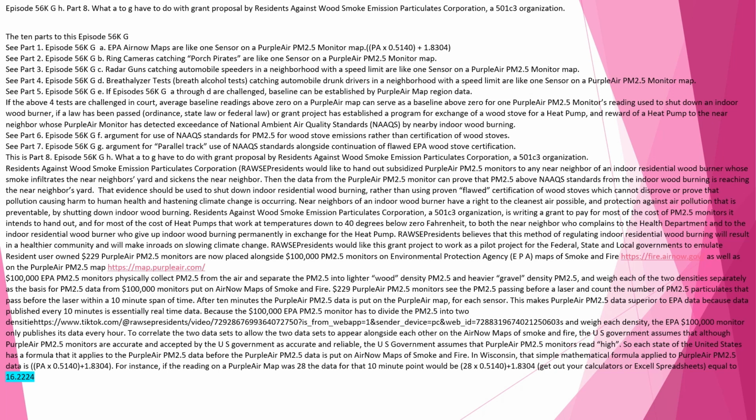$229 PurpleAir PM2.5 monitors see the PM2.5 passing before a laser and count the number of PM2.5 particulates that pass before the laser within a 10-minute span of time. After 10 minutes, the PurpleAir PM2.5 data is put on the PurpleAir map for each sensor. This makes PurpleAir PM2.5 data superior to EPA data because data published every 10 minutes is essentially real-time data. Because the $100,000 EPA PM2.5 monitor has to divide the PM2.5 into two density types,